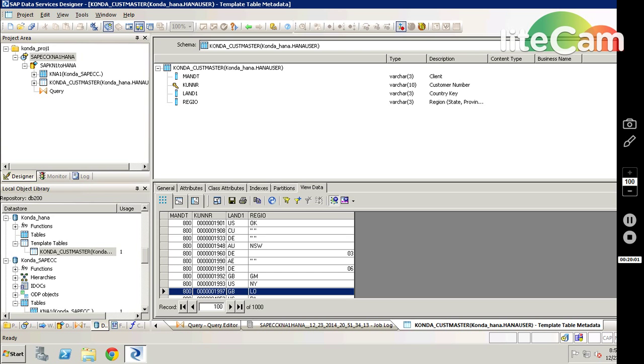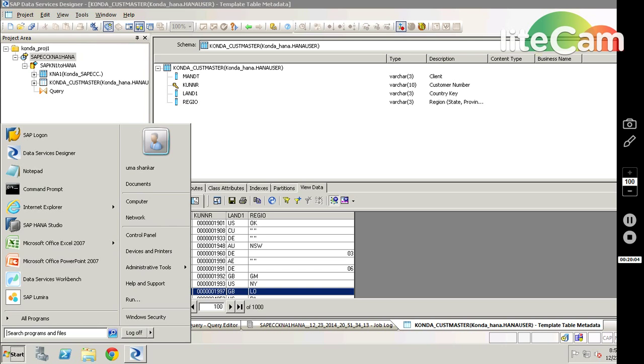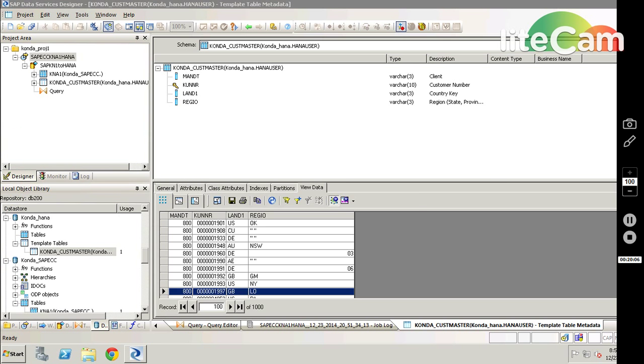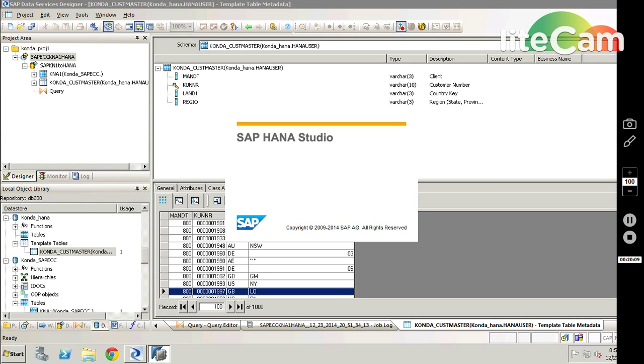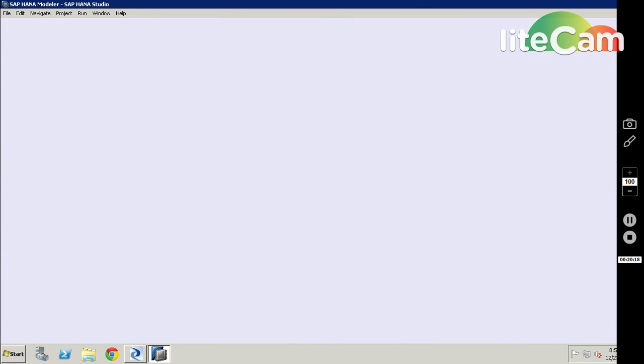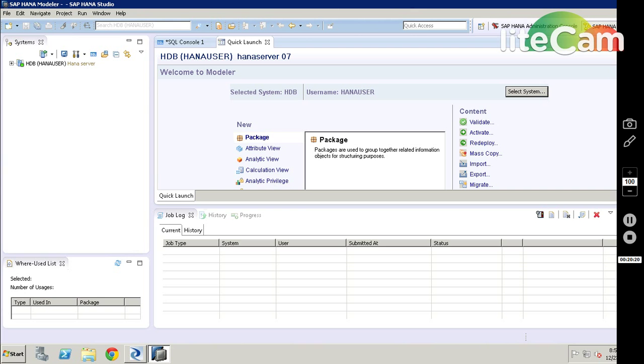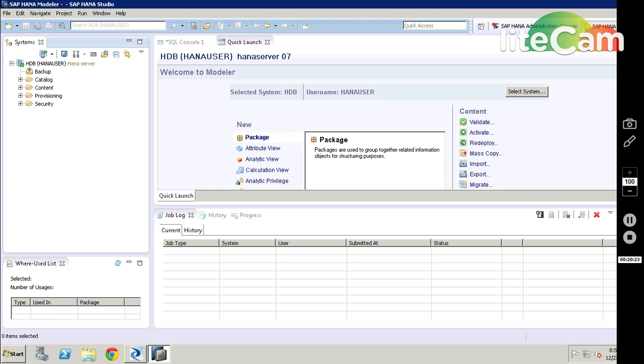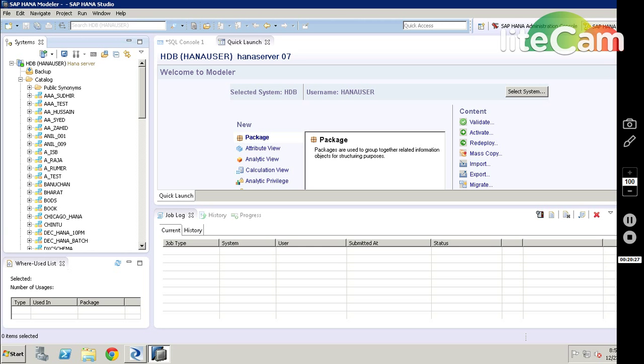If you would like to verify this through SAP HANA Studio, go to SAP HANA Studio, connect, and verify whether you have this data available in that system. Log into SAP HANA Studio and expand the system, and we have our schema under the catalog. Under the catalog, the owner of the schema is a HANA user. Under the HANA user, expand the tables,